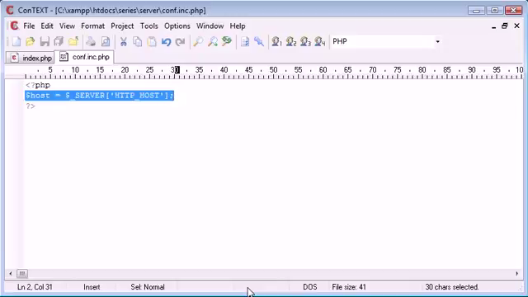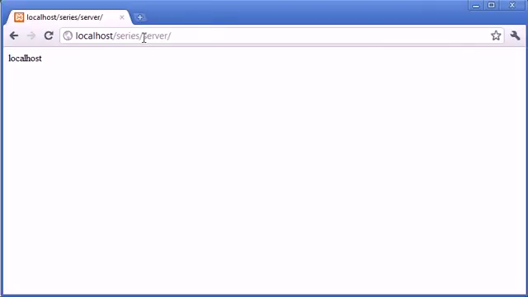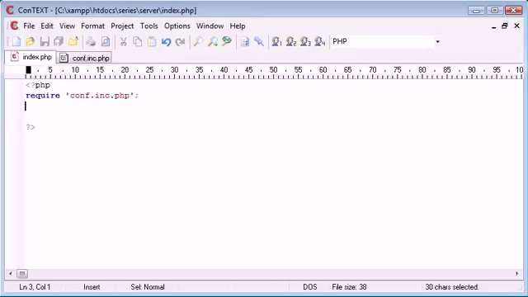So let's say at the moment I've got it on localhost and I'm developing it. All my pictures, for example, for a template system are going to come from localhost/something. At the moment the URL I'm running under is localhost/series/server. So what I could do is say host equals this, however